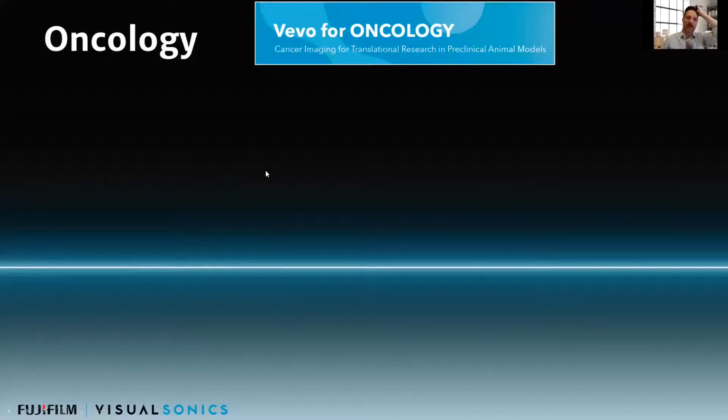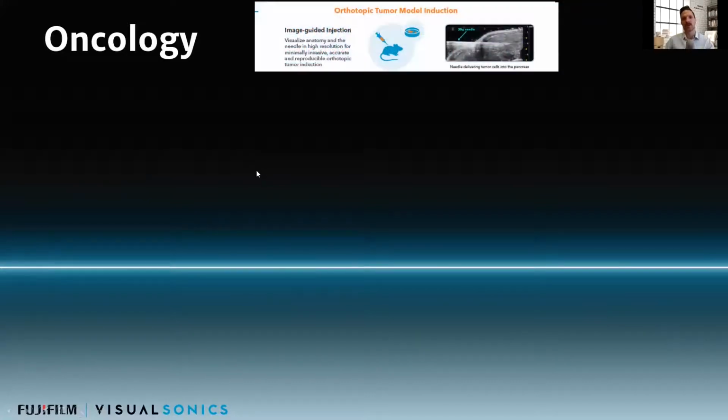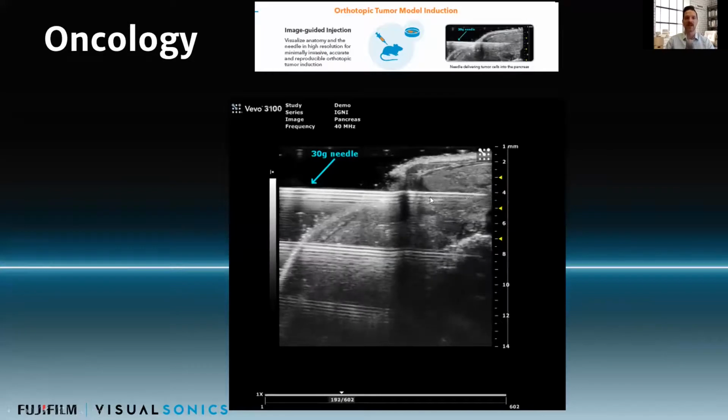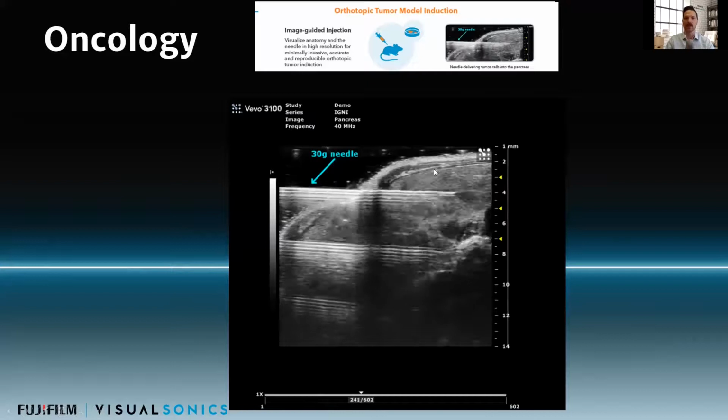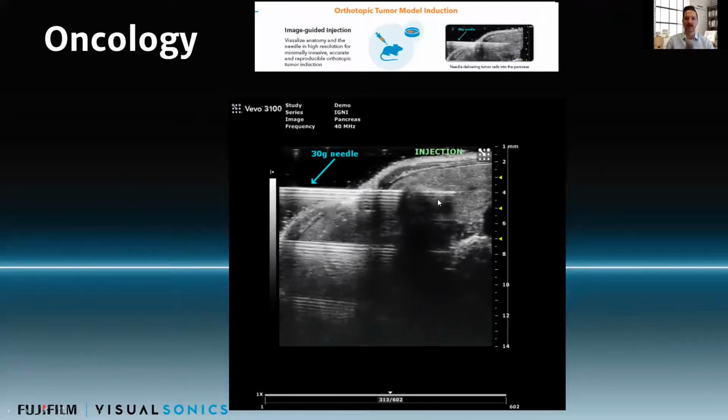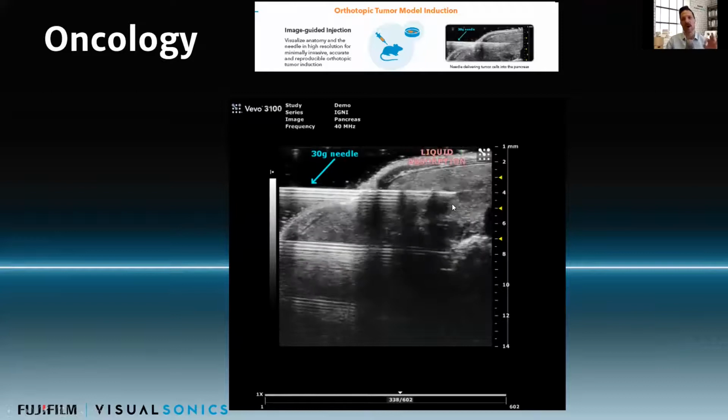So I'm going to go through Vevo for Oncology, and really, using our system, it can be a real solution from soup to nuts of the oncology workflow. First thing, you have to induce a tumor model in the living animal, and that can be done via image-guided injection. What you're seeing here is image-guided injection. This is the needle here. There are a couple of reflections over here, but this is an injection into the pancreas. So this is all pancreatic tissue here. You can actually visualize the injection,